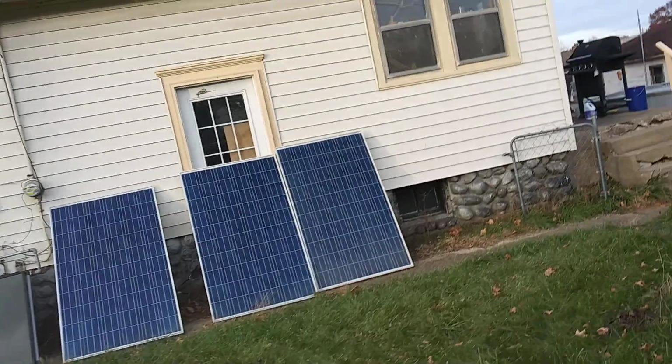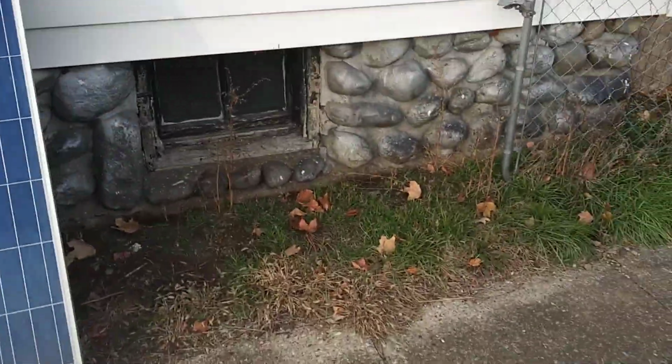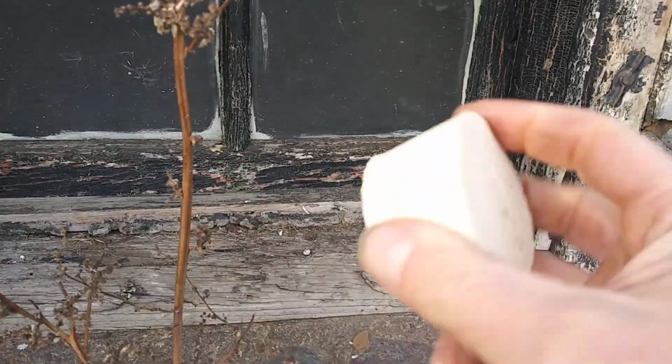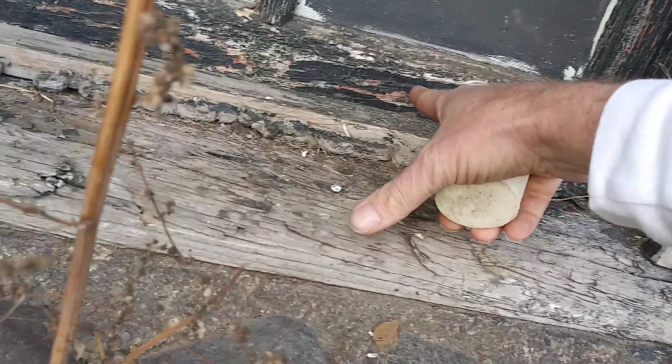I gotta order a bunch of short solar cables so I can have some hanging out on the outside and hanging on the inside. I'm going to drill a hole, most likely through the windowsill here. And with 8 holes in this, I can stick it through there. Now, I ordered some that are half the size. So right through there,